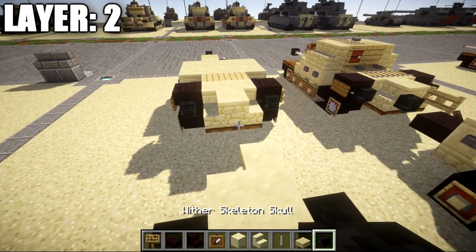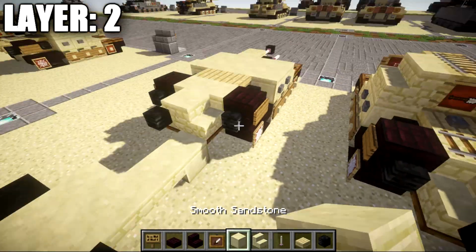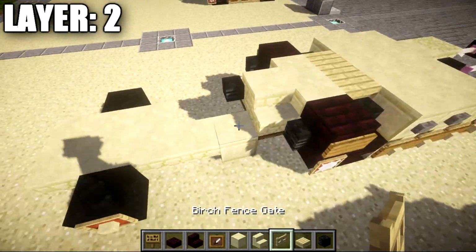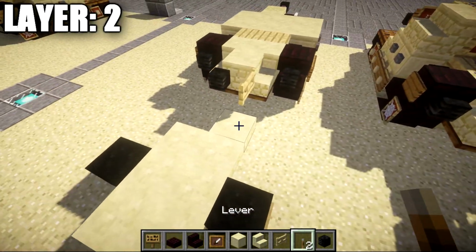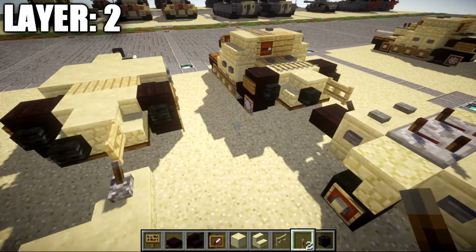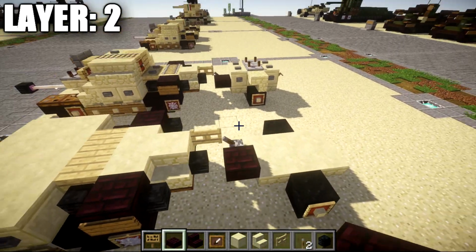Once that's done, we're going to place down a wither skeleton skull on the left sandstone stair, and come off the right sandstone stair, we're going to place down a birchwood fence gate. With that all done, we're then going to place down a lever on top of the sandstone top slab facing toward the birchwood fence gate, and come off the side of the lever, we're going to place down another brick